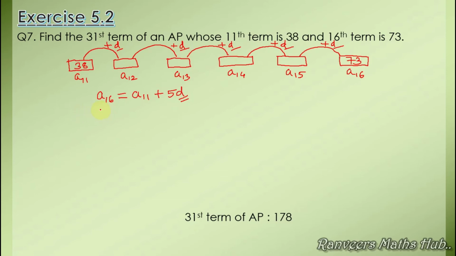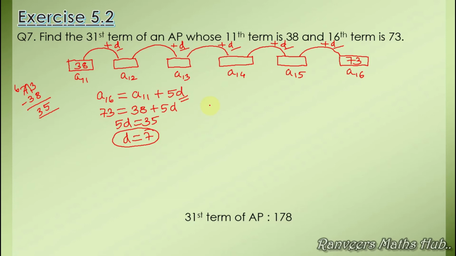So now A16 value is already with us, 73. A11 is 38 plus 5d. Now 73 minus 38. Okay, so what will be the answer? It will be 35. So 5d is equal to 35, and we will get the value of d from this. So the value of d is 7. Okay, now we got the value of d, but आपको पता है इधर भी ये सीक्वेंस में टर्म्स है